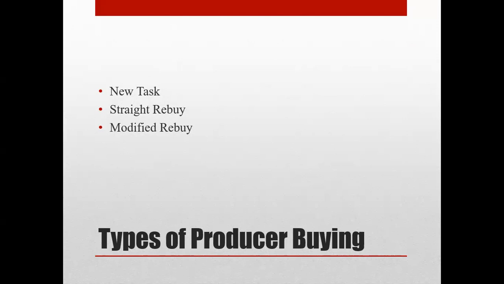Maybe the old supplier you had before has gone out of business or you don't like them, but you are getting a new supplier. So you are making your first order from that supplier. And that first order is what we call the new task, because as a producer, we are not expecting that. We are expecting that you will have suppliers that will be bringing the raw materials.